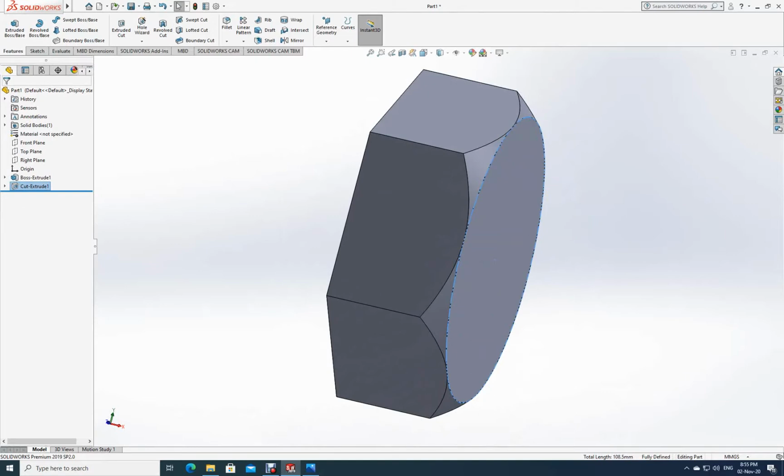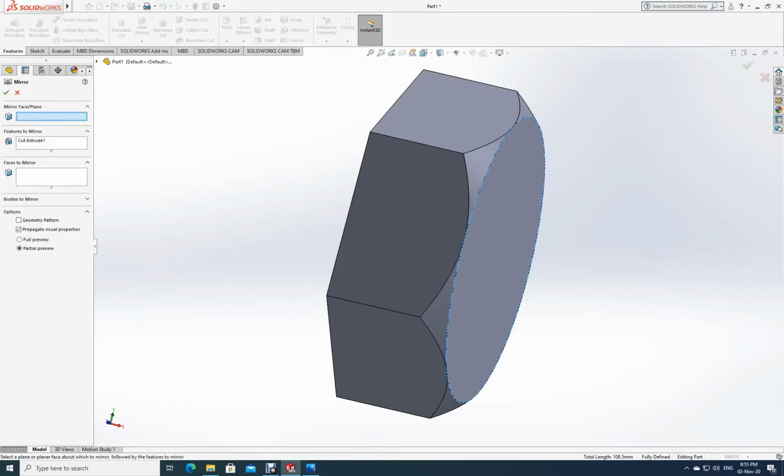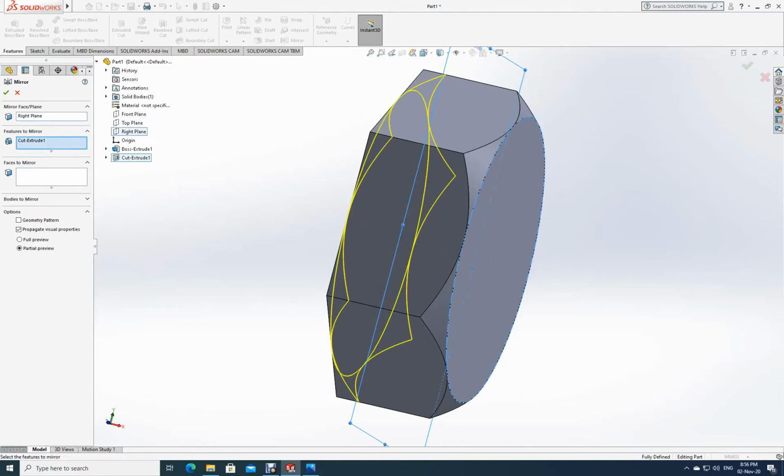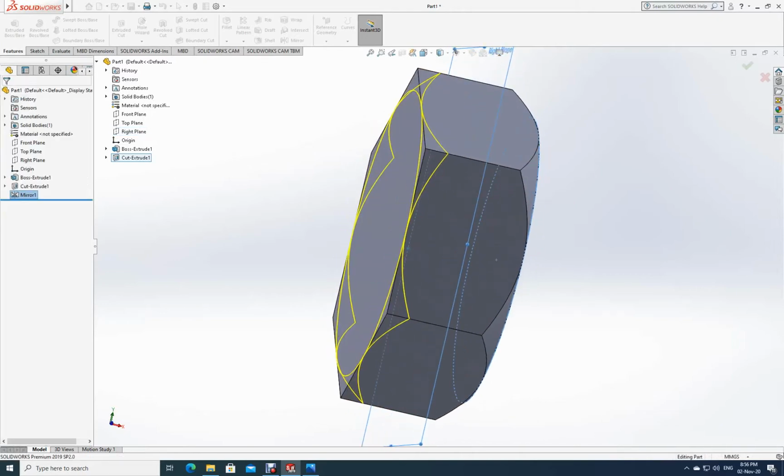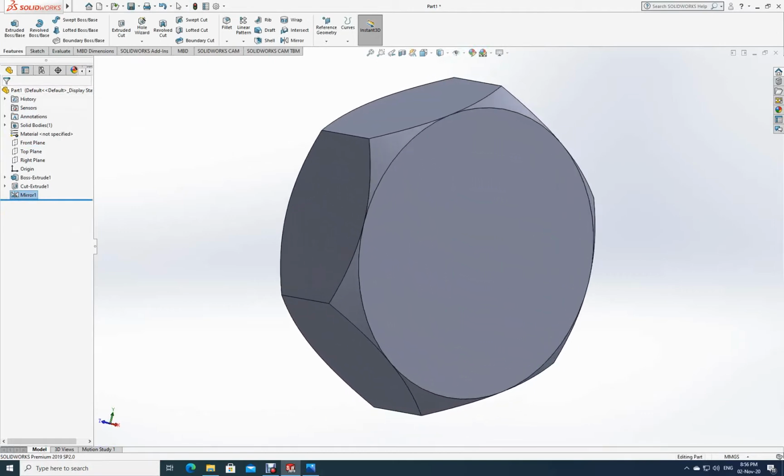Okay, now what I will do now, I will just go and make mirror. To make mirror, first I will go here, select mirror. The moment I select mirror, it is asking me for the mirror face or plane. I will just go here, come to the middle plane. See, this was the plane on which I made it. See there, it has already done it on the other side. Okay, because this was the chamfer, it selected, and then see there, it has done it. Click OK. Now see, the job is completely done.